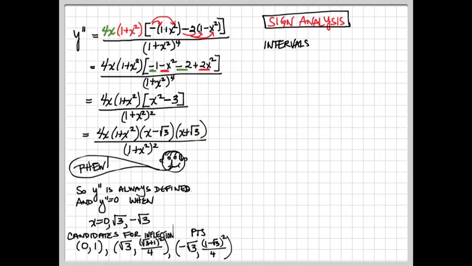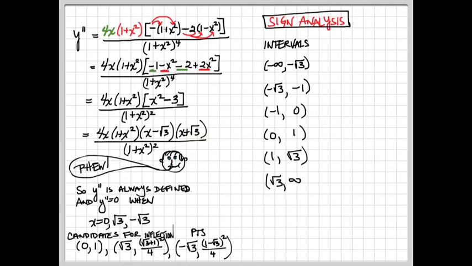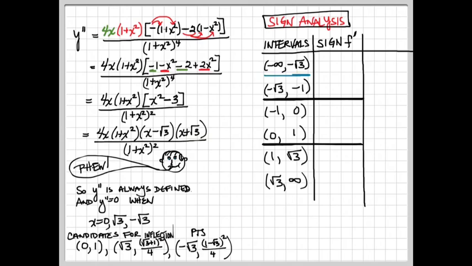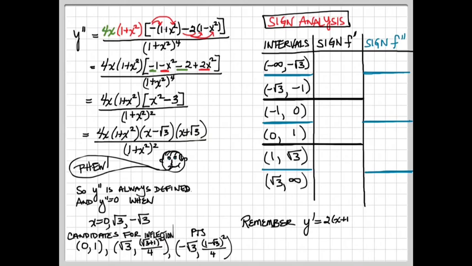Our intervals are going to be from negative infinity to negative square root of 3, negative square root of 3 to negative 1, negative 1 to 0, 0 to 1, 1 to square root of 3, and square root of 3 to infinity. You'll notice that I've put a black line here between places where the first derivative was 0. Those are the possible